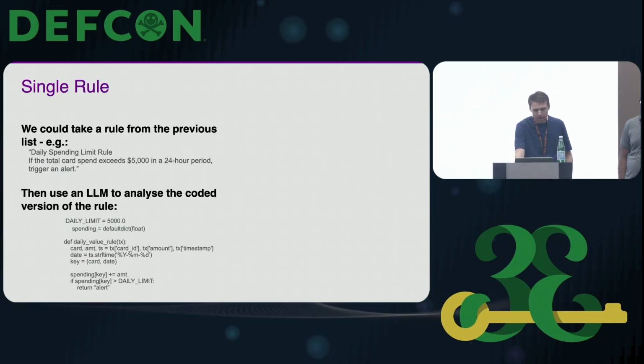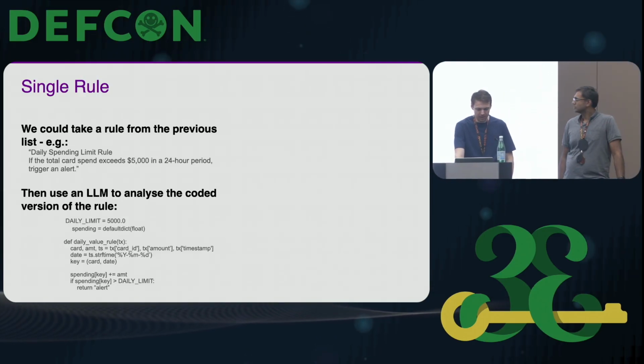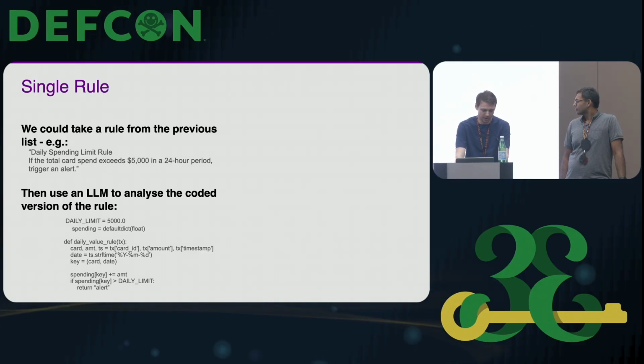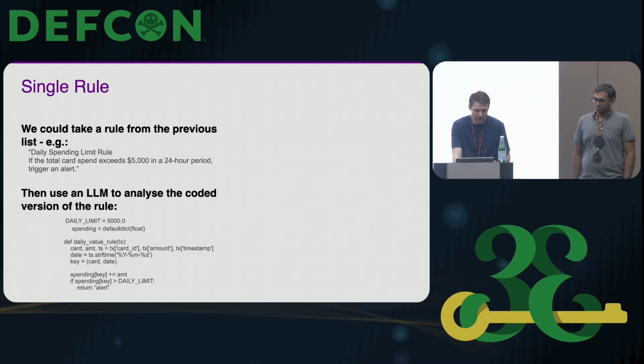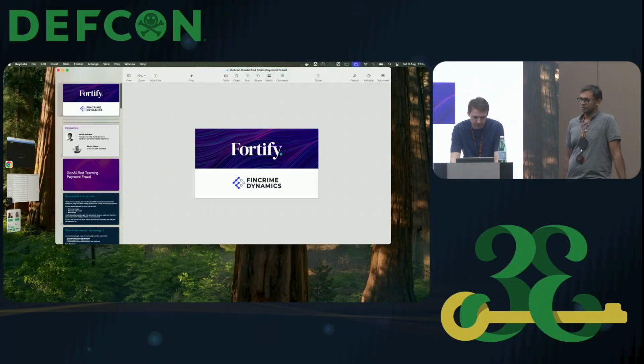So one of the ways you could look at AI to help with testing is to take a rule. We take the $5,000 in 24 hours rule, and then take the way that rule has been coded in the system. Here I've written it in pseudocode so that it doesn't give away a vendor system. And then what we can do is take this,